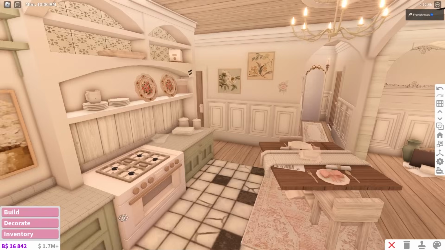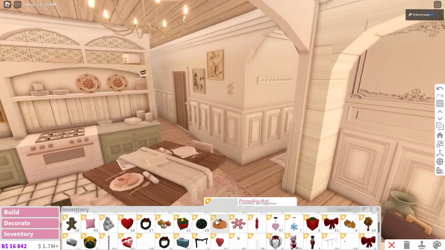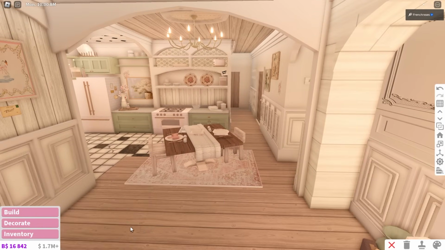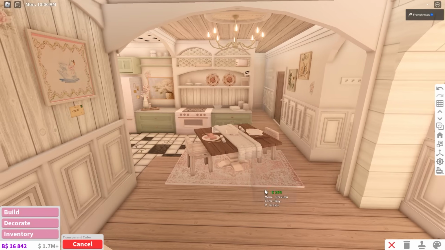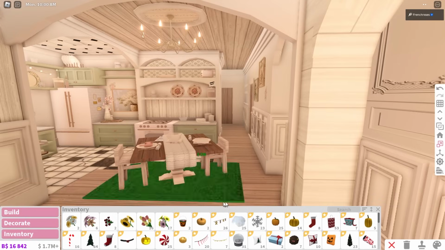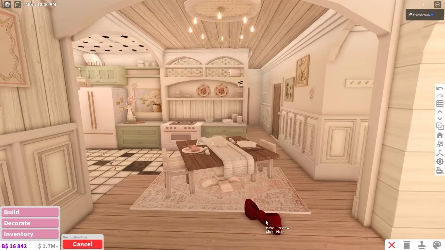This was another one that was requested. It was how I got the bow on the plate. So the first thing you need is a basic shape, and always use a transparent cube. This way you don't see it because this is just going to be what we use to put the bow into place. The bow is a seasonal item, so if you don't have it in your inventory, unfortunately you can't get it until Christmas time,